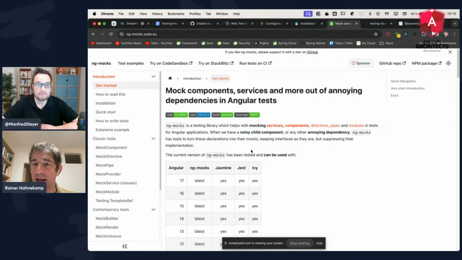That's very easy. So whenever you say, okay, I want to test a certain feature, but a branch of the component's subcomponents is something I don't want to have in my test for whatever reason, then I want to mock this branch out. You can just say mock component, you provide the subcomponent you want to have mocked, and ngMocks will take care of it. And ngMocks is something you can always use in combination with other libraries.